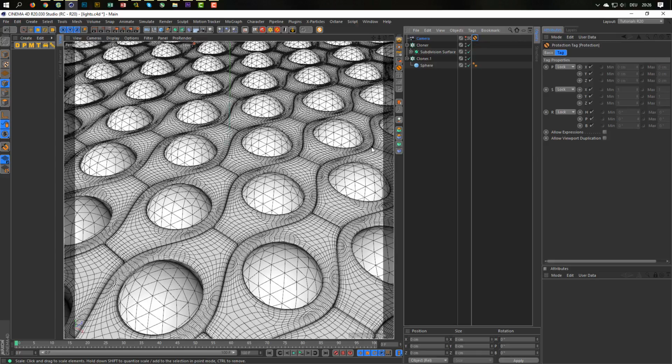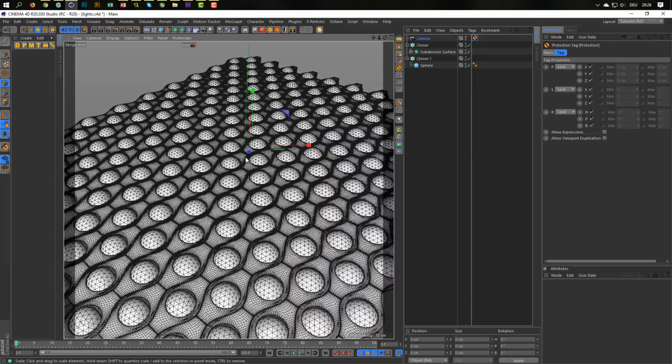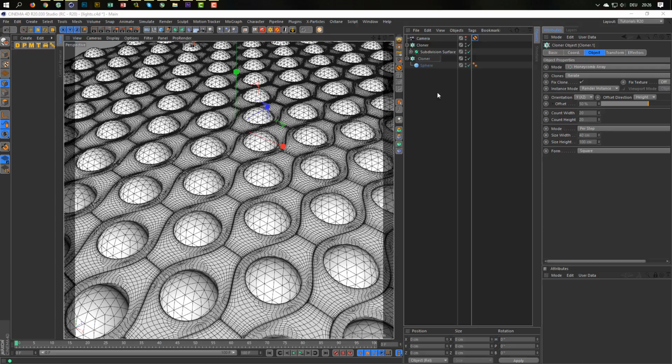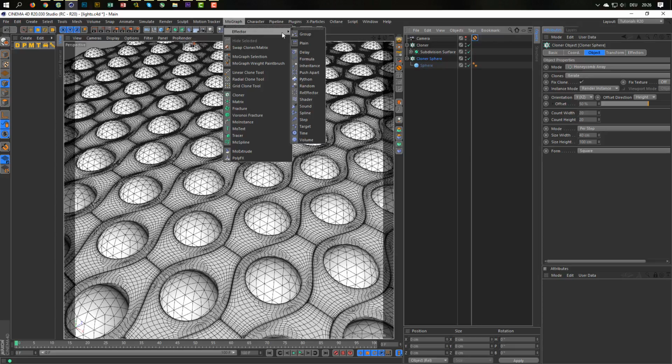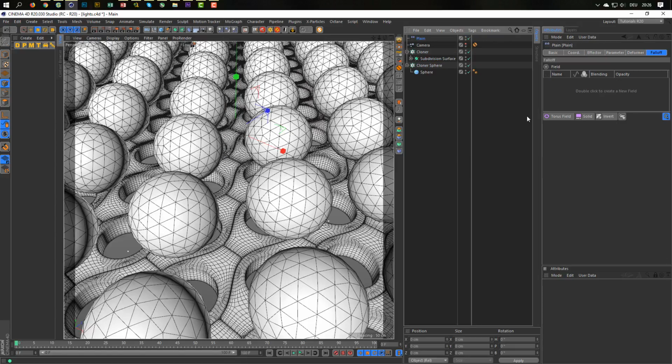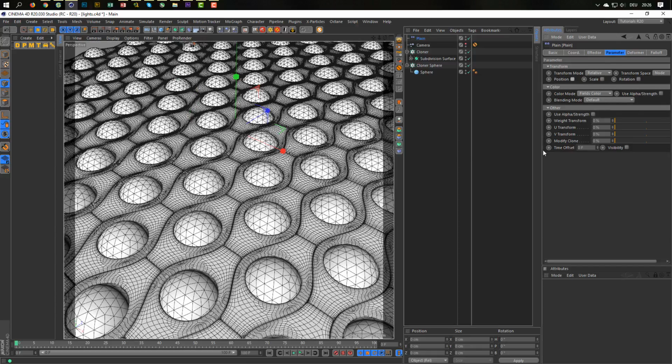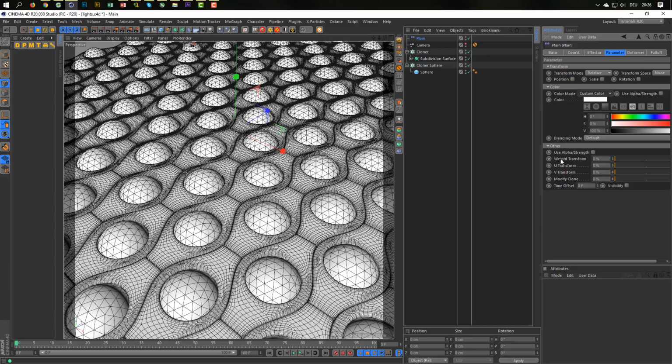So we have this now. The next step is we need a plane effector. So I go to my cloner, this cloner with the spheres. I just want to affect the spheres and not the shapes here. And with the cloner selected, I go to MoGraph, Effector, Plane Effector, and you see, okay, it does something, but I don't want the plane effector to work with position. I just want color, and not the fields color, I want custom color. And this custom color, I say, take it to black, you see,